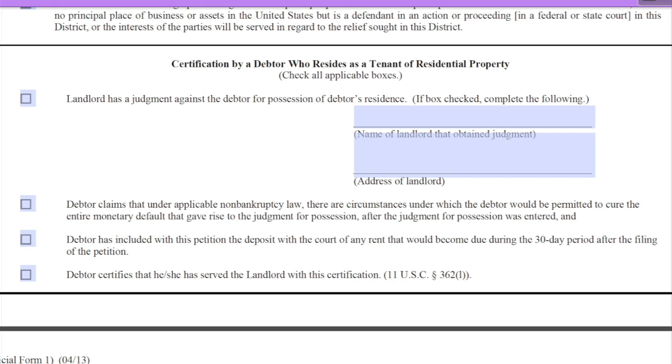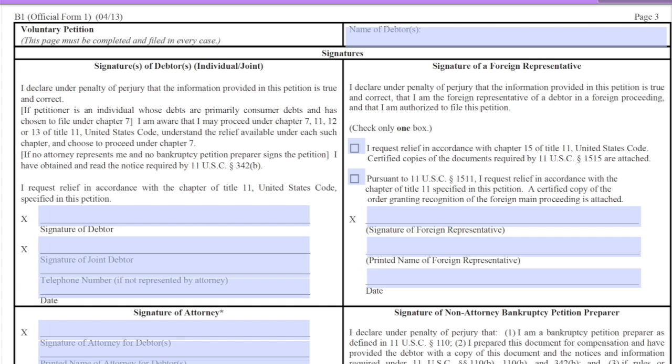The last box on page 2 is what we were just talking about. This is the provision governing the extension of the automatic stay to stop a residential eviction. In order to get the stay to prevent a tenant from being evicted from residential real property, all 4 boxes must be checked. The Landlord-Tenant Division here in DC is going to look for a copy of the petition with all 4 boxes being checked before it will order an eviction of an individual tenant from residential real property to be stopped. And then the last page is the signature page for your client and for you as the attorney